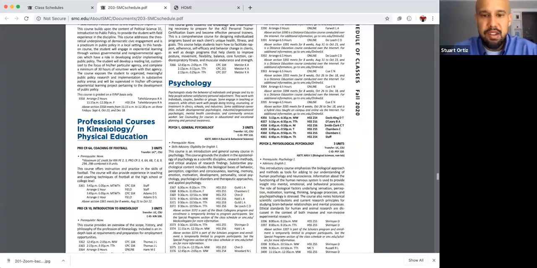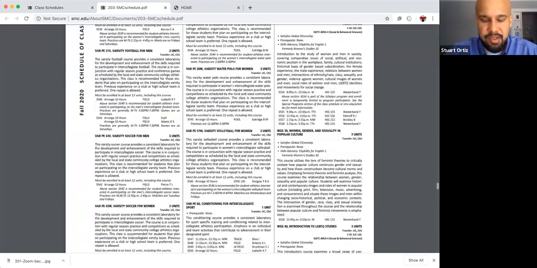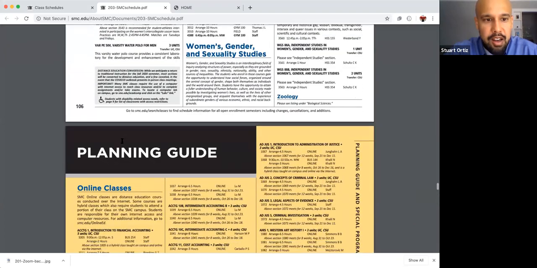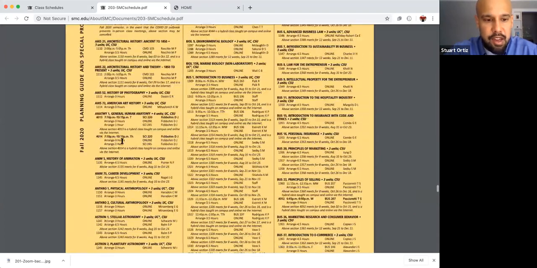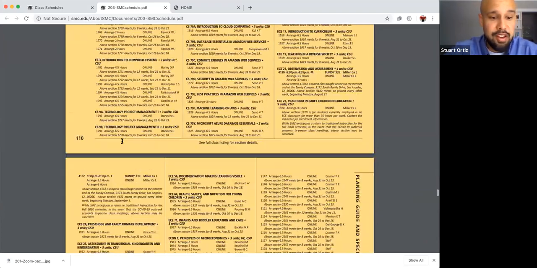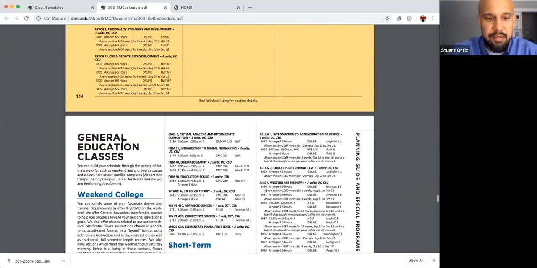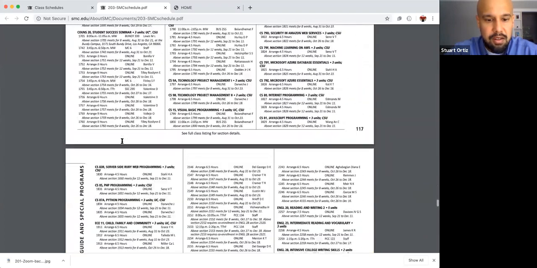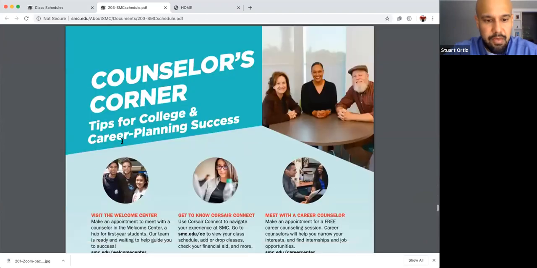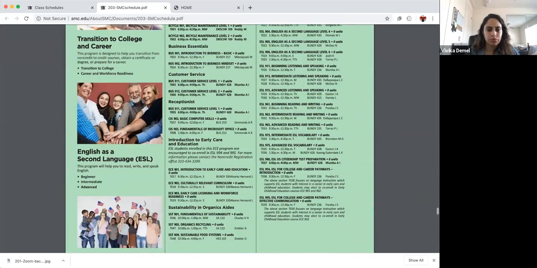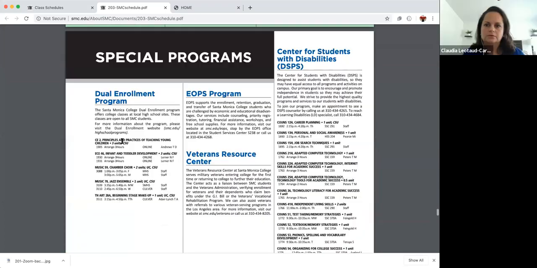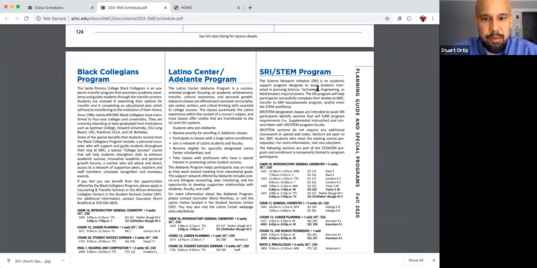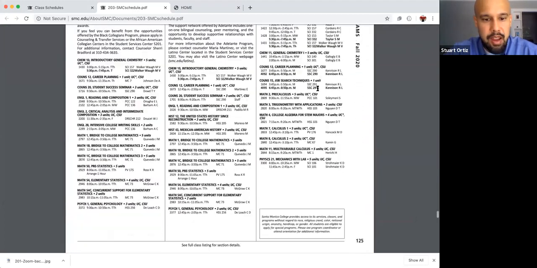So this isn't used as commonly as a searchable schedule because the searchable schedule is dynamic, real time. But on here, if we keep scrolling down, unless they've removed it, hopefully they haven't, it should have the different special program sections listed on there. It's usually towards the very end. So here we go. There we go. If we keep going, we'll eventually see STEM and we'll see